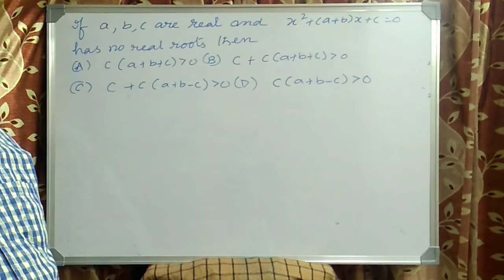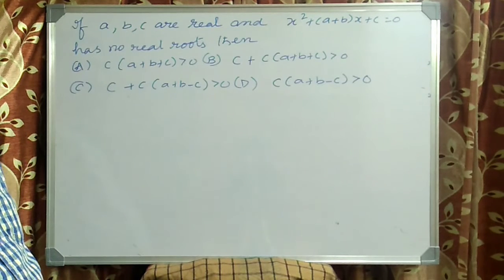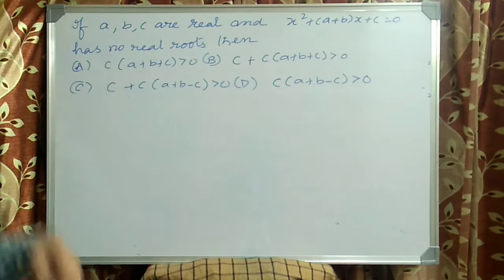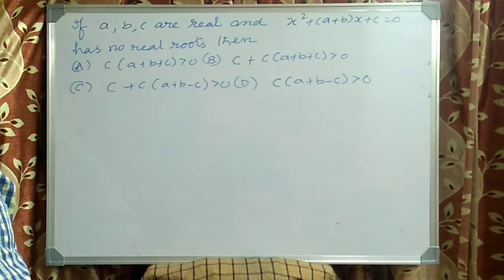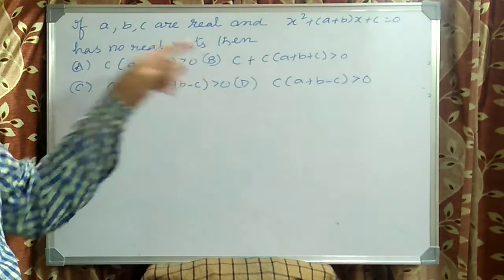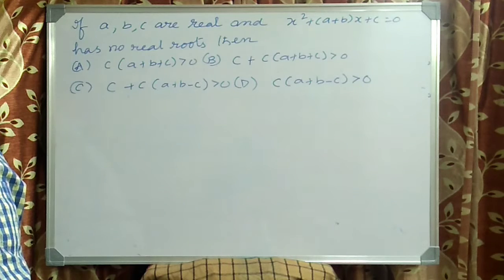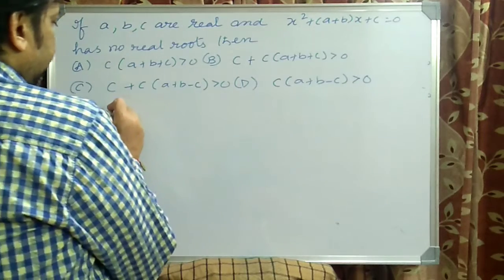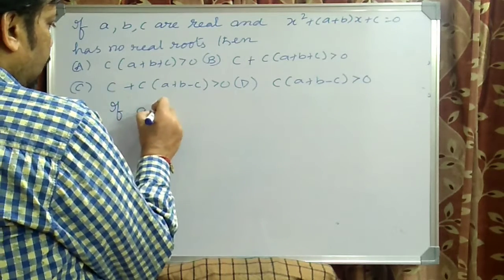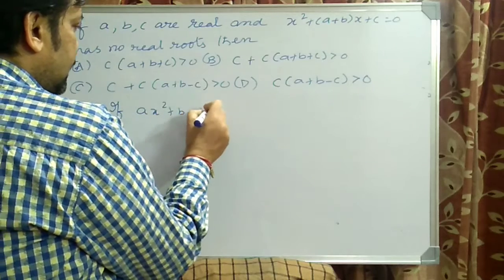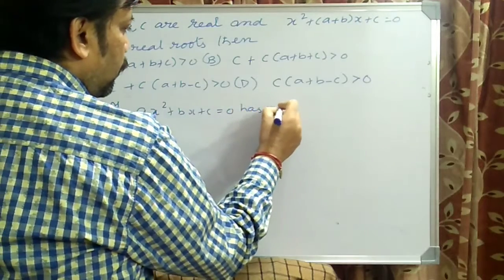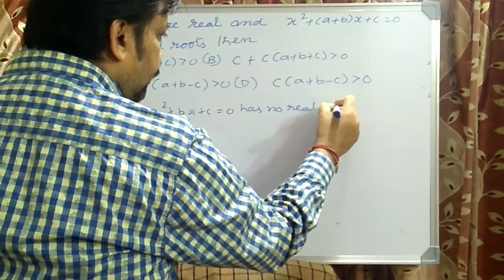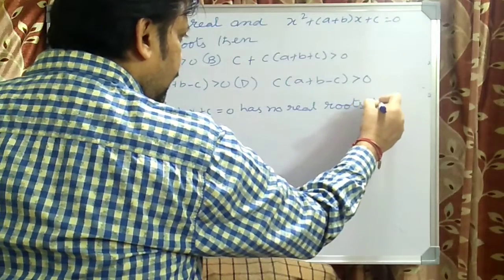Now another question is, if a, b, c are real and x square plus (a plus b) into x plus c is equal to 0 has no real roots, we need to find out the relation between c and a plus b plus c here. So once again I state that if ax square plus bx plus c is equal to 0 has no real roots, then